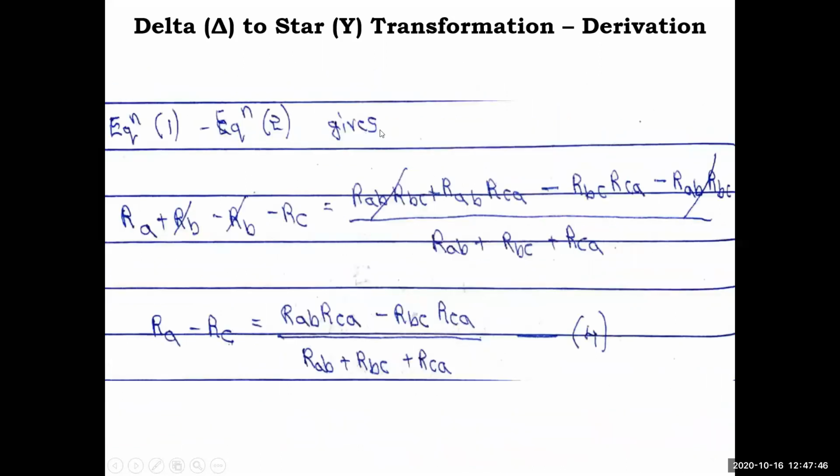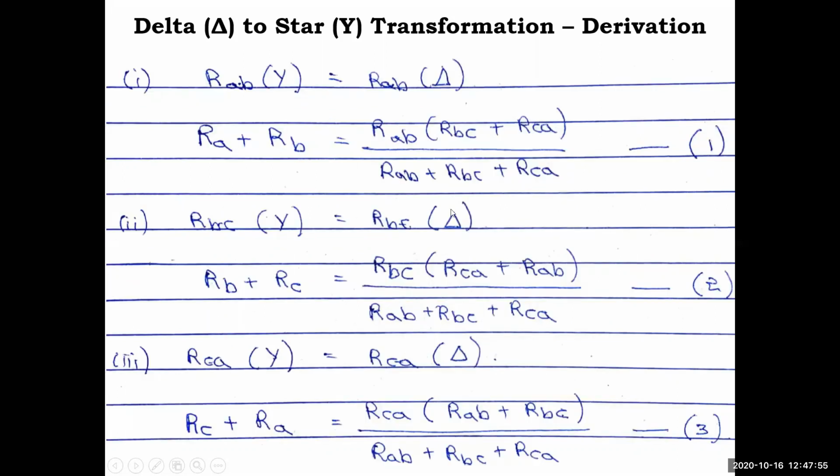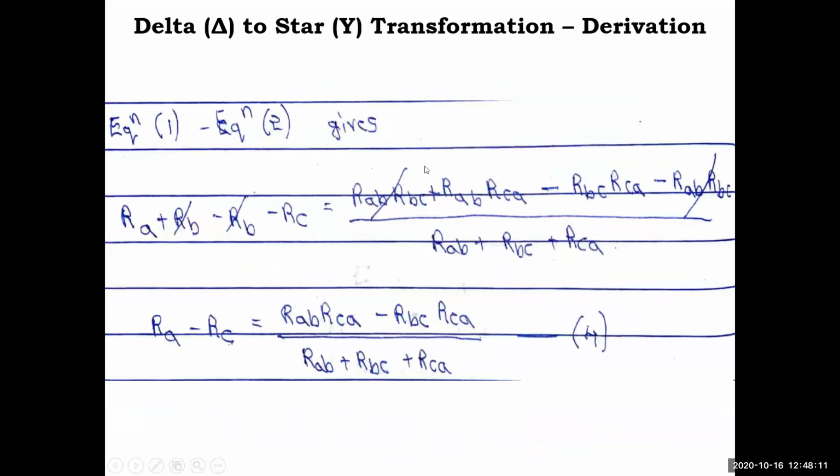So that's why equation 1 minus equation 2, RA plus RB, left side and right side both I am doing, RB minus RC, minus term both will be multiplied. So here we are expanding. So this we are expanding, equation 1 minus 2, RAB into RBC plus RAB into RCA minus 2 we are doing now, RBC RCA minus plus RBC RAB. So minus sign is there, so minus will come. That is what I have done. RAB RBC, RAB RCA, RBC RCA, minus RAB RBC. So these two terms are cancelled.